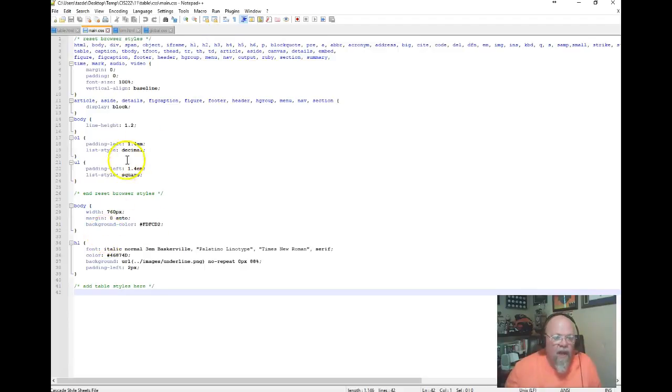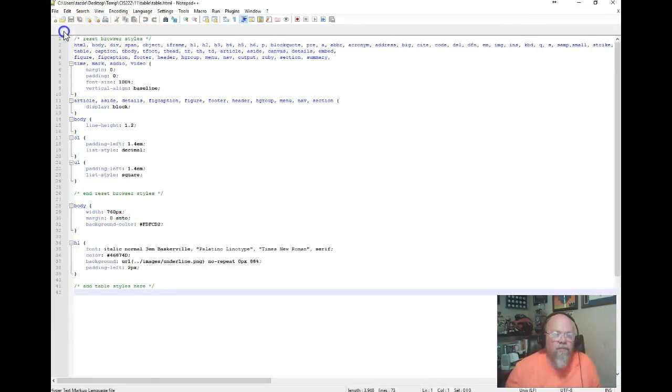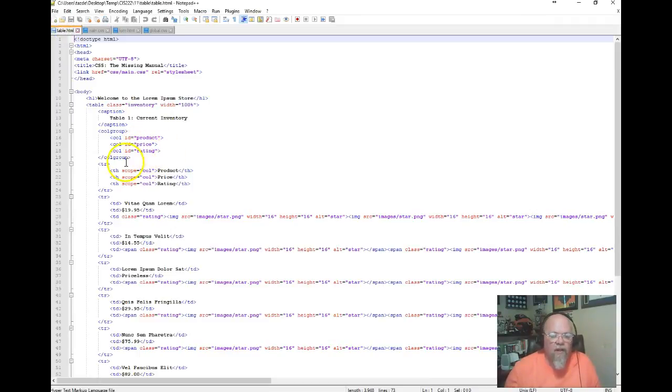Am I on the right one? Yeah. So let's see. That'll be an ID, price, and rating, and we basically have our TH, which then has scope. In this case it is relating it to the columns up here. So up here we've got ID, and down here I've got scope column for this table header, and it's got product, so it will basically go in line with that. So that's what all the scope is doing there. Okay, so